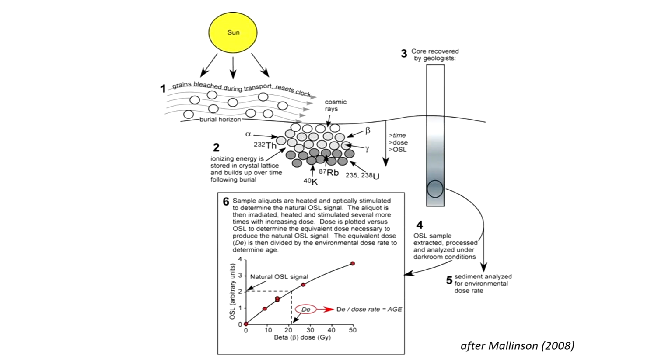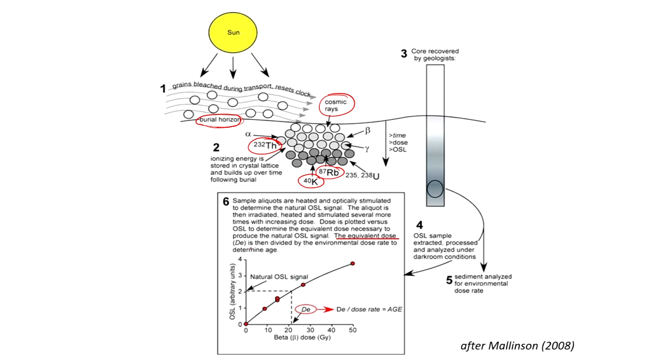So, again, it has been explained in a simpler way: once your sediment is buried, it will keep acquiring energy, that is ionizing energy stored in the crystal lattice, built up over time following the burial. After burial it will keep acquiring it, with sources coming from uranium, potassium, rubidium and thorium, in the form of alpha, beta and gamma radiation, and also the cosmic rays. So, over time what we usually try to get is the equivalent dose,